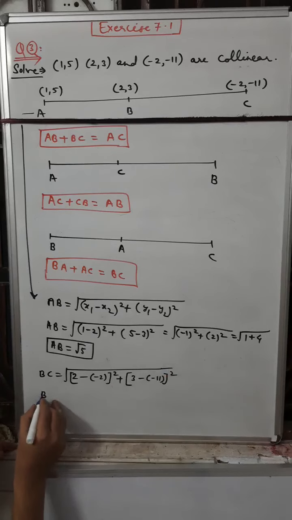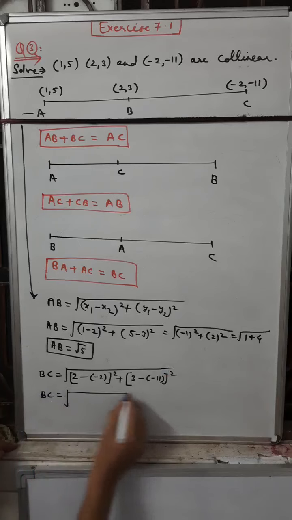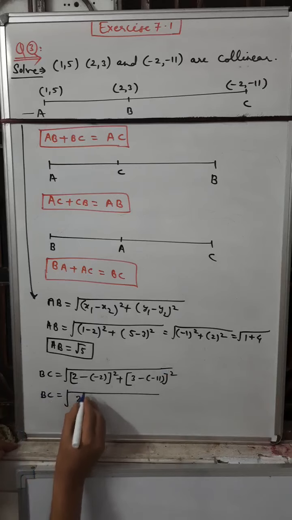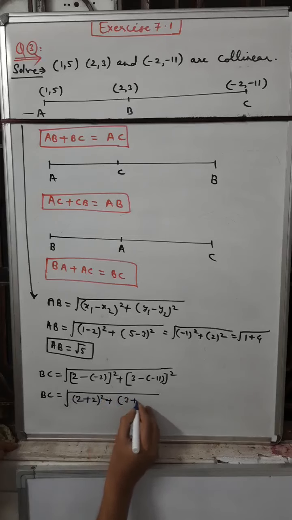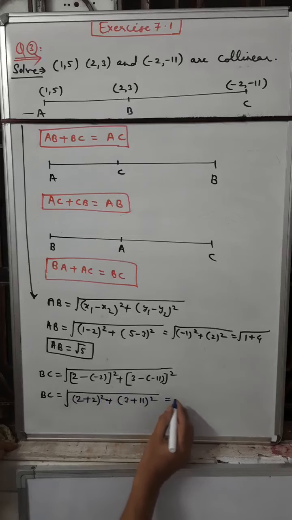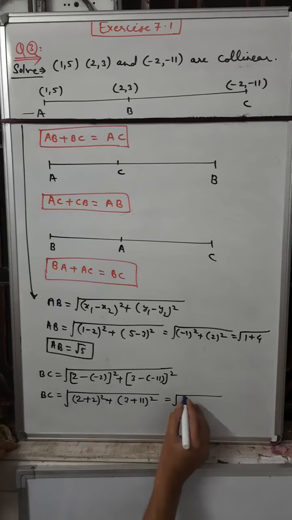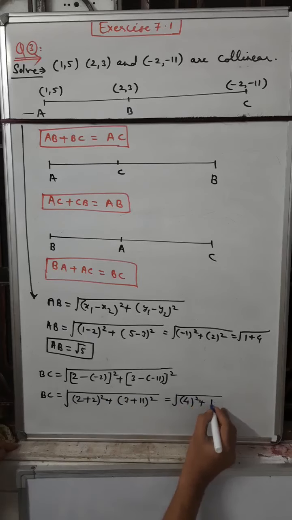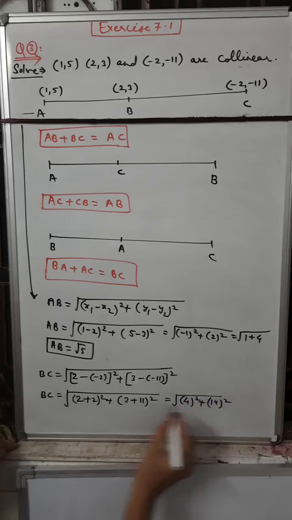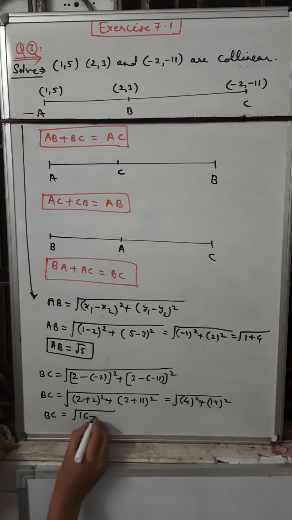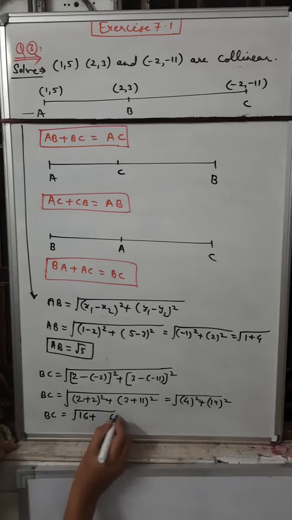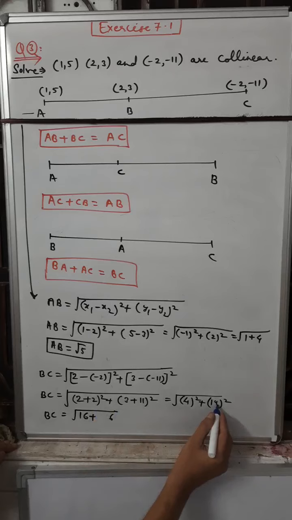Now BC is equal to under root 2 minus minus 2, so minus minus plus. So 2 plus 2 whole square, or 3 minus minus plus 11 whole square. That means 2 plus 2 is 4 whole square, or 3 plus 11 is 14 whole square. So BC is equal to 4 whole square means 16, or 14 square means